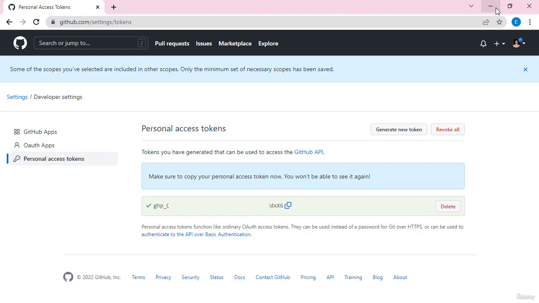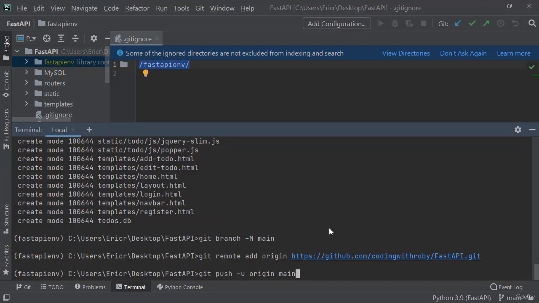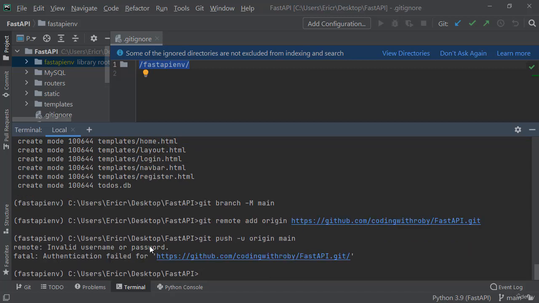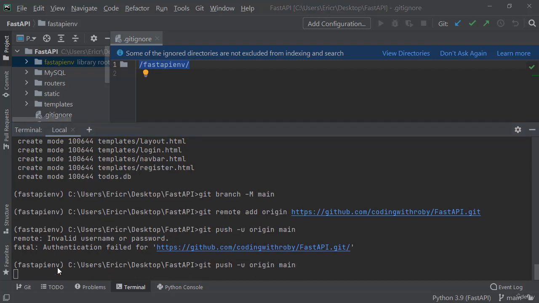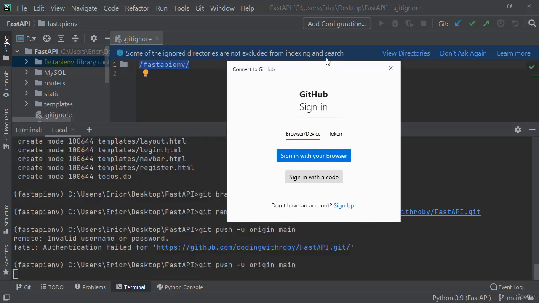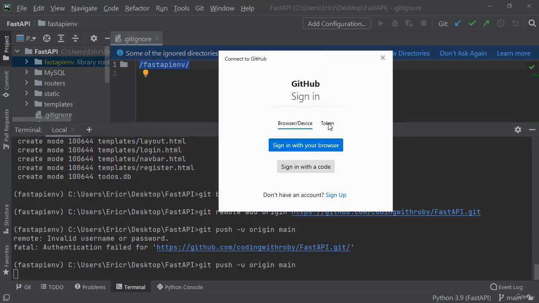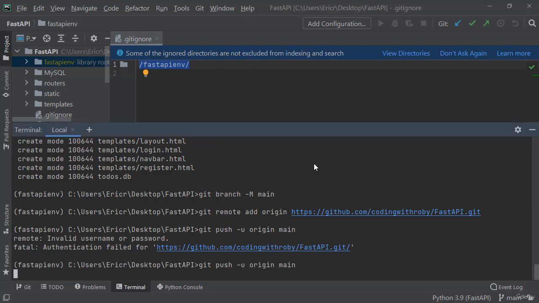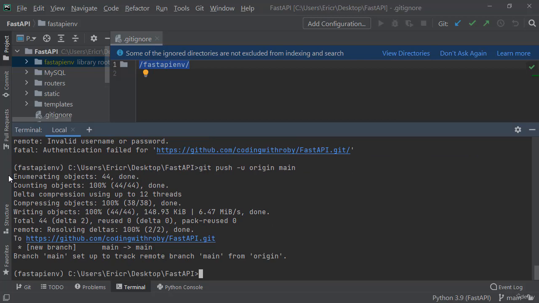And then after this, I'm going to go back into our PyCharm and click git push -u origin main. And you're going to get the first time authentication failed. But if you do it again, you're going to get a pop-up of a GitHub add-on. Head over to the token, and now paste that token in that you just copied, and click sign in. Once you do that, your validation is going to be complete, and you just pushed your change to the main branch. So now if you go back into your GitHub,